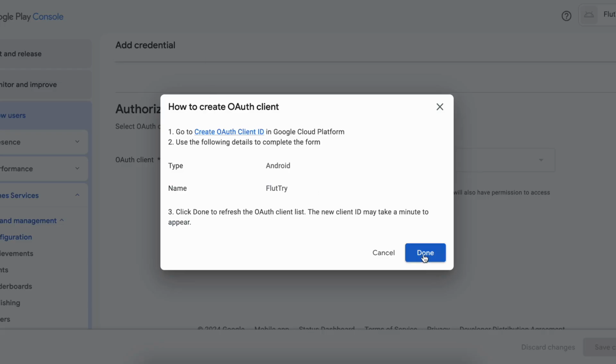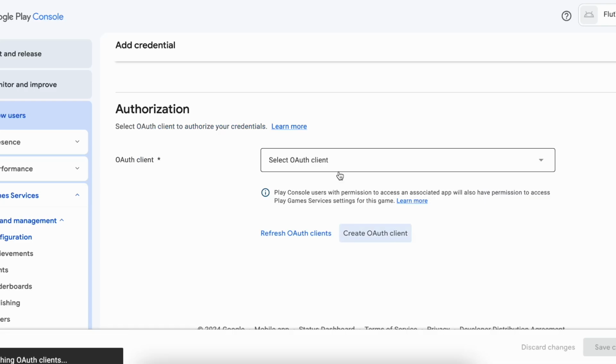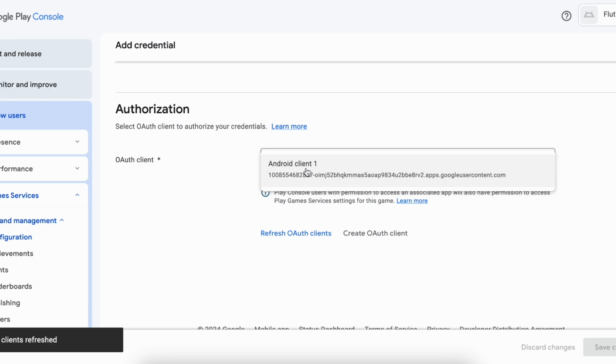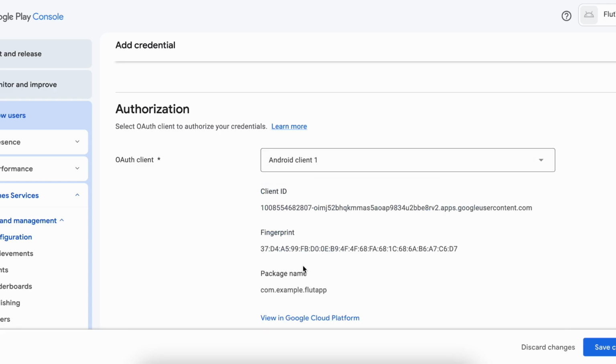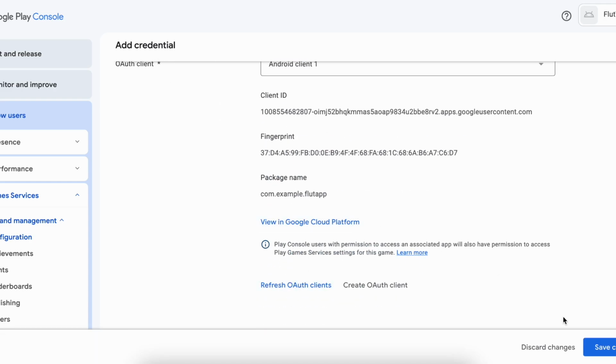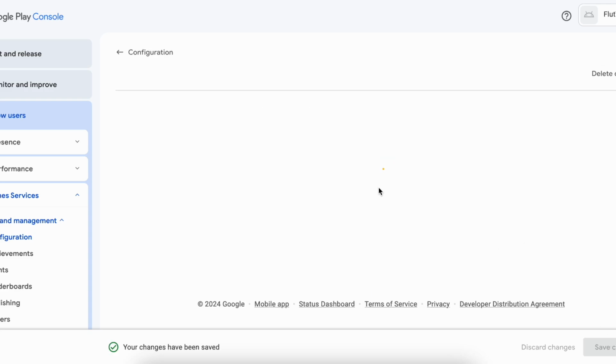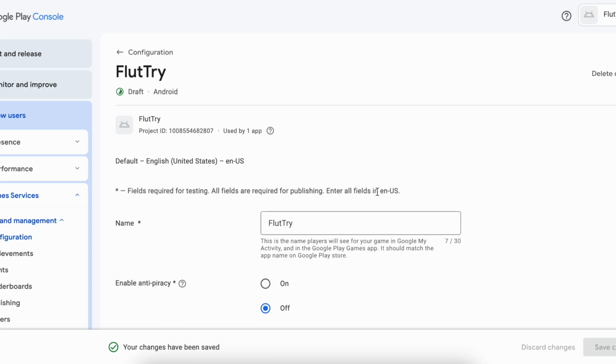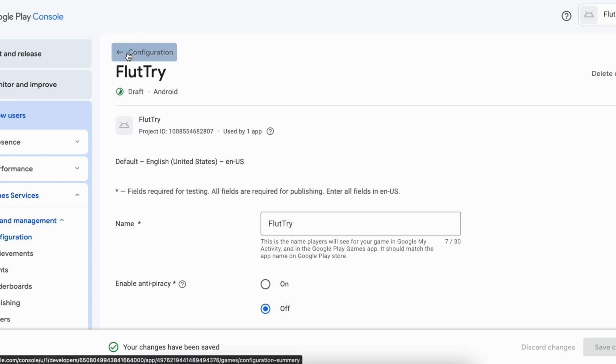Again, we'll come back over here, click on done, and select. In case you're not able to see your client ID, just click on refresh as well. I don't have to click on refresh, so I'll just click on save changes. Then we'll have to do the same thing for the server as well. So again, I'll just go back,